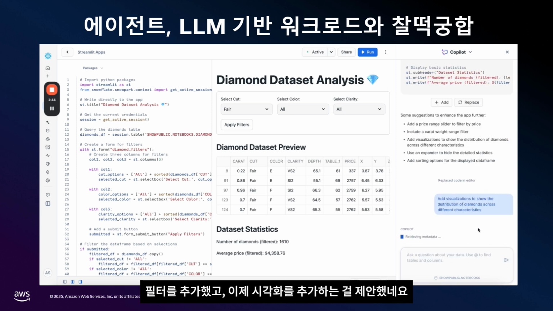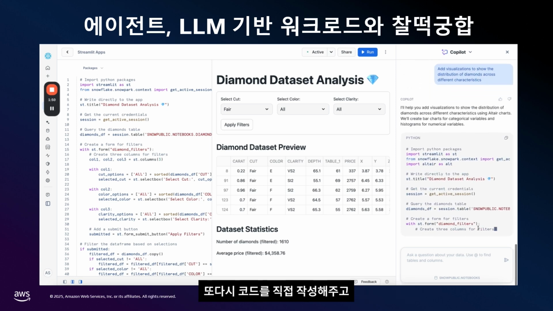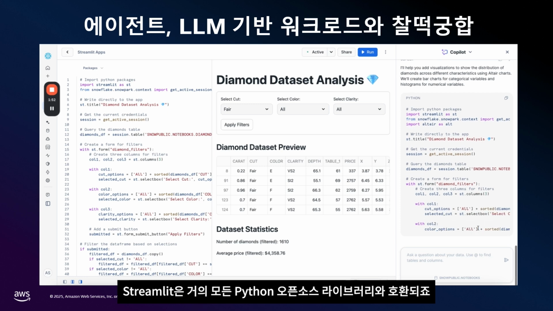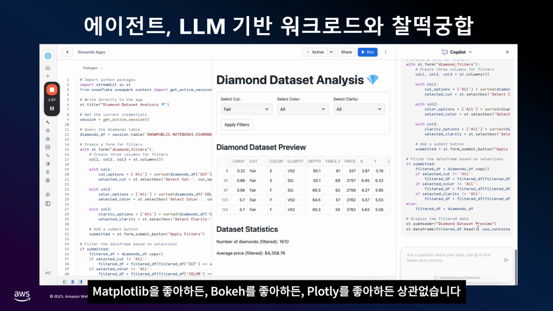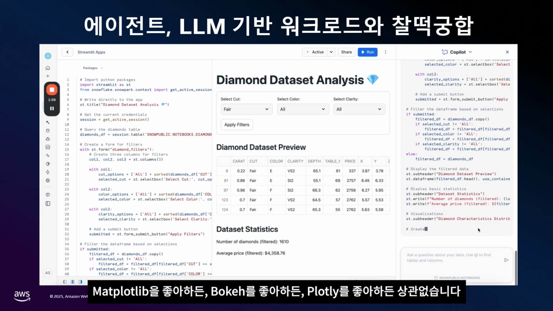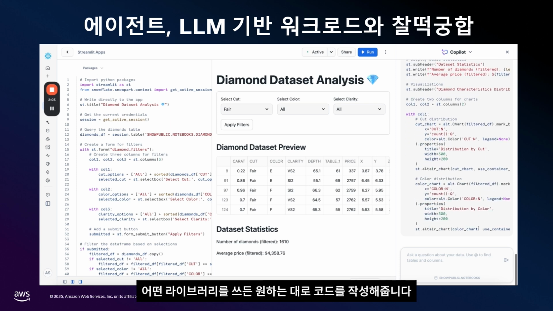So it added some filters there. Now it suggested we might want to add some visualizations. So we're just going to add those visualizations. Again, it'll just write the code. Streamlit works with pretty much all of the other open source libraries in Python. You like Matplotlib, you like Bokeh, you like Plotly, it doesn't matter. We're using Altair here because that's my favorite, but it'll write it, and you can specify whatever you want it